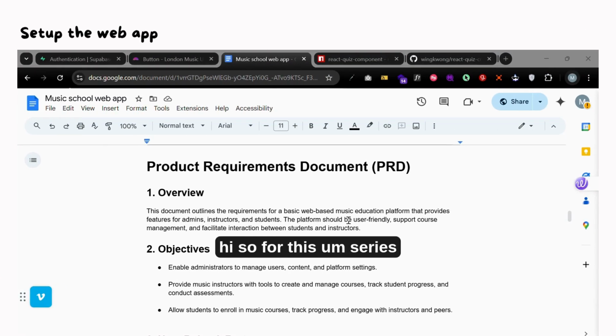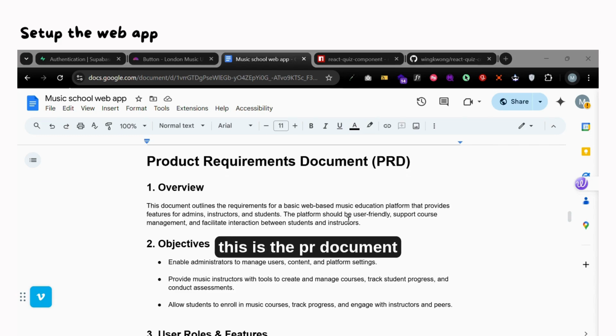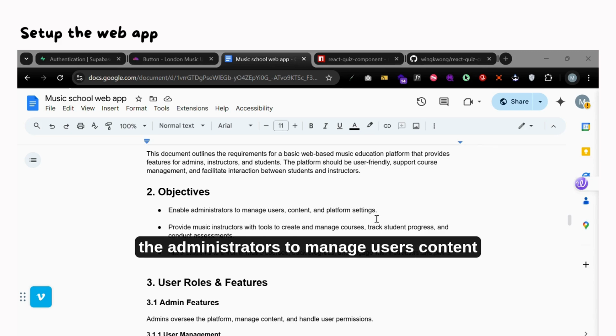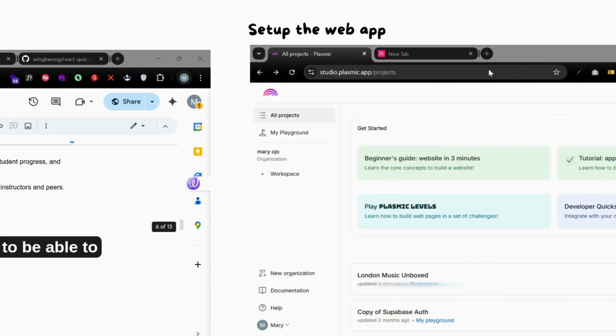So for this first project in this series, I'm going to be working on a music school learning management system. It's basically just a web application that connects everyone in a music school. So this is the PRD document, and the main objective is for the administrators to manage users, content, and music instructors, and for students to be able to